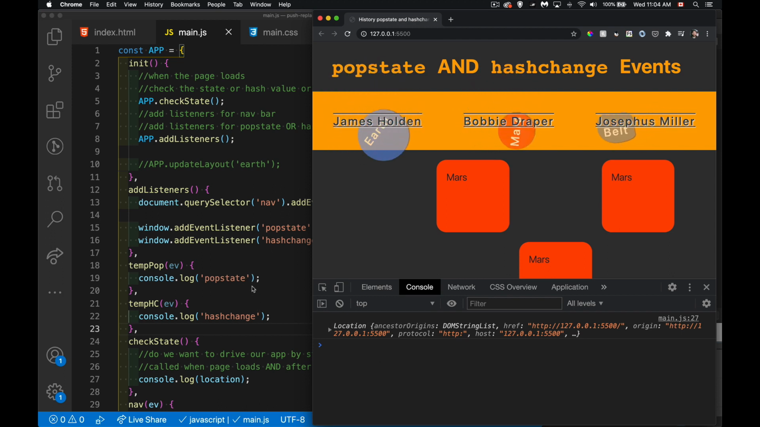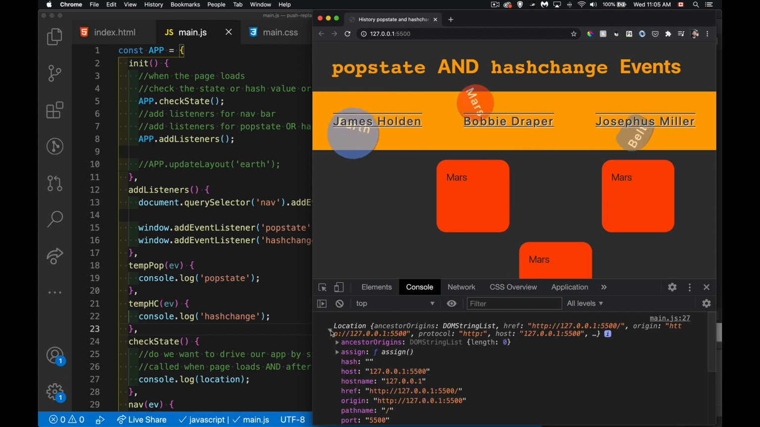Neither popstate or hashchange happened. So the initial load of the page, we're not getting either popstate or hashchange. That's important to note. Our init function, firing, the page loaded, we're calling checkstate. We've added these listeners. But if we look inside of here,